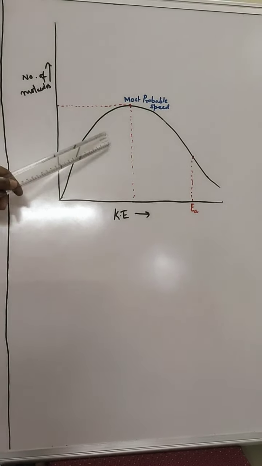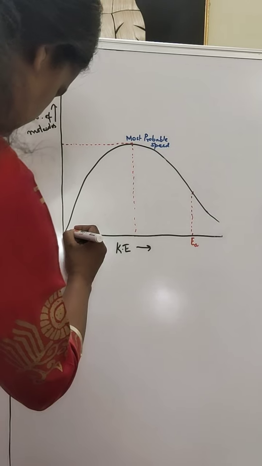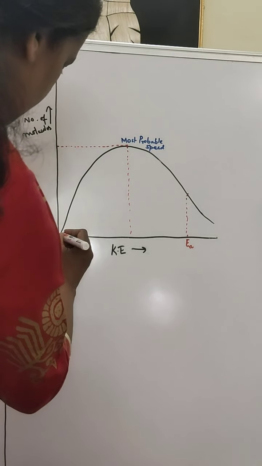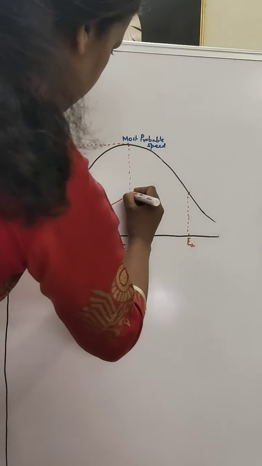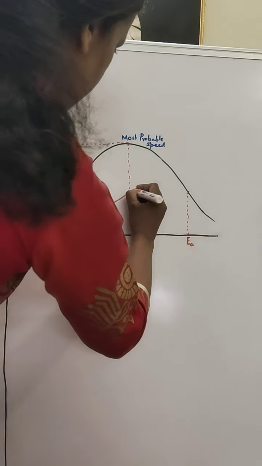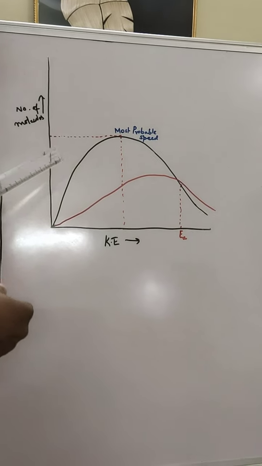So what do we conclude? Now let us increase the temperature. We had learned about increase in temperature also, and we had seen that with every 10-degree increase in temperature, the rate of the reaction doubles, right? So let us draw it and see what we get. If we increase the temperature, the kinetic energy of the molecules is going to increase. So our graph is going to shift more towards the right side, and it will be somewhat like this. Okay, so we can see that the peak has shifted more towards the right side.